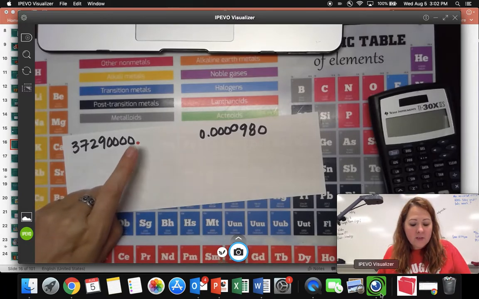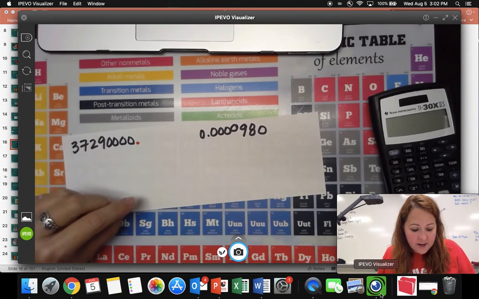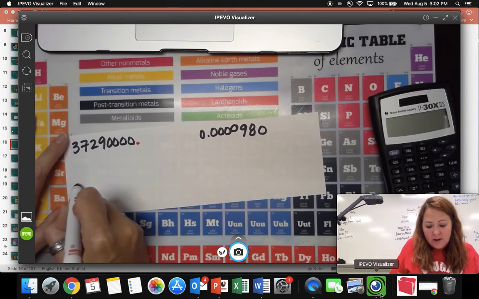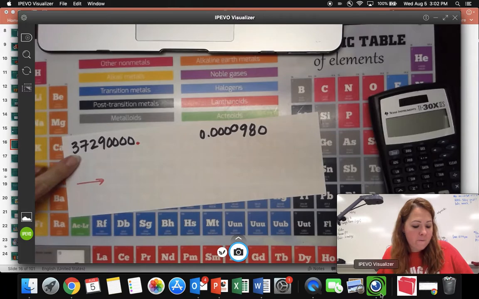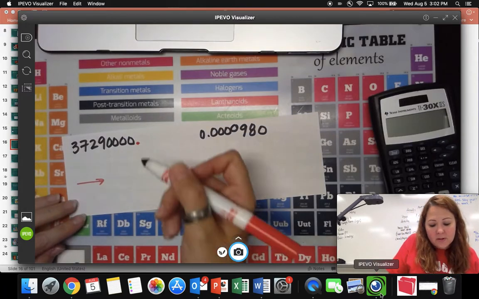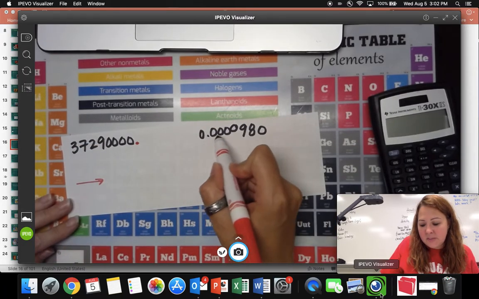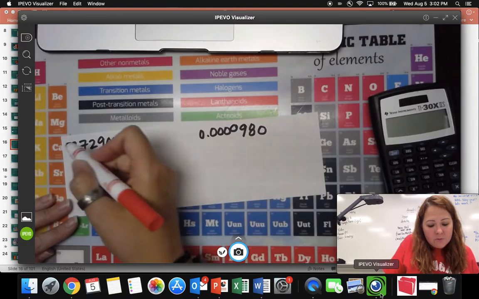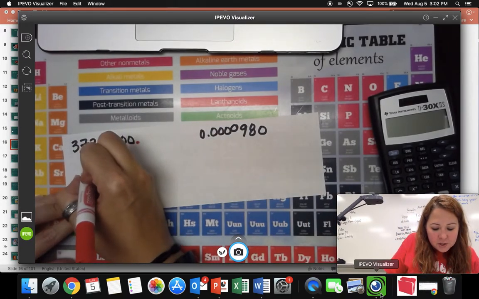Now, we need to move that decimal place until we have a single digit number and then a decimal place. The easiest way for me to explain how to do this is when we look at this, we read from left to right. So as we read through these numbers from the left, the first real digit that I see is a 3. You would skip over all these zeros. The first real digit that we see is a 3. So I would have 3. I'm going to drop in a new decimal. So my coefficient number is